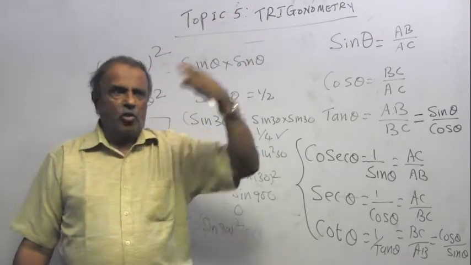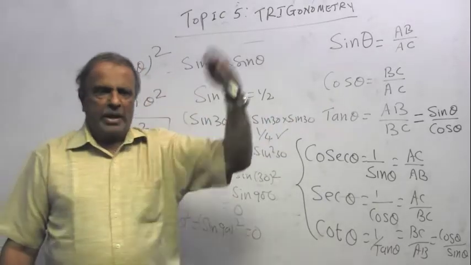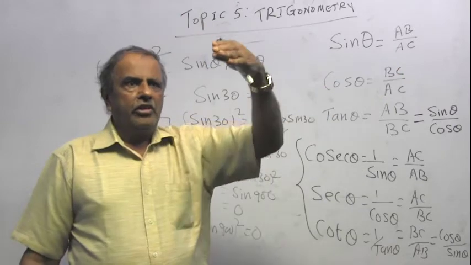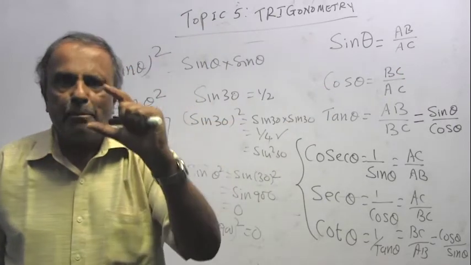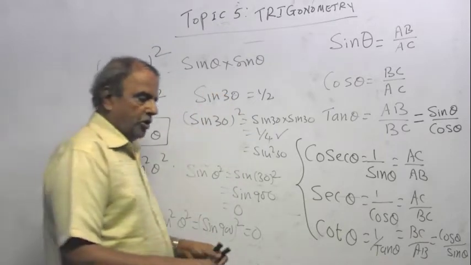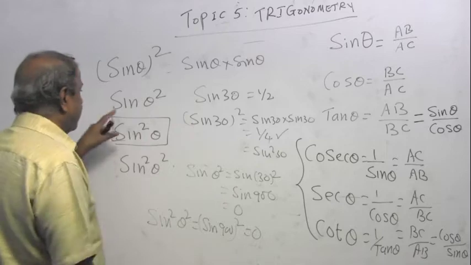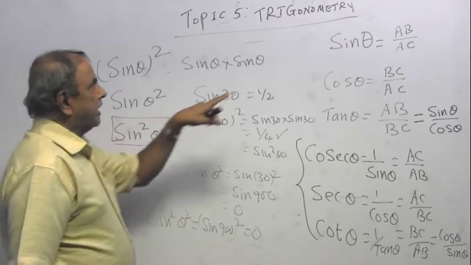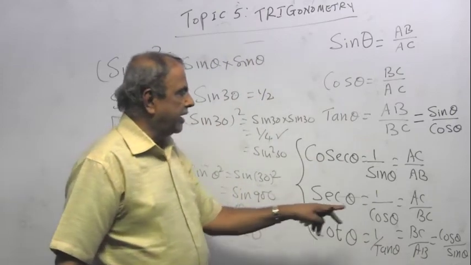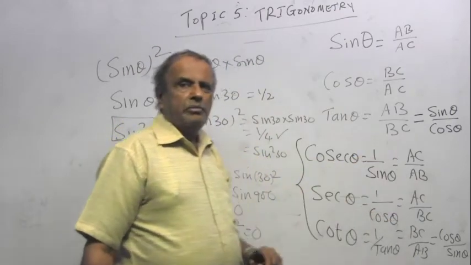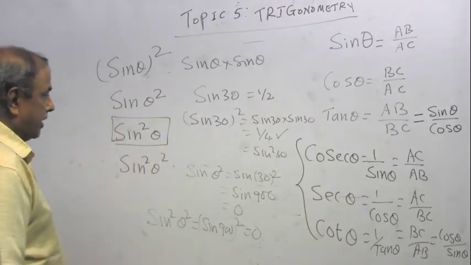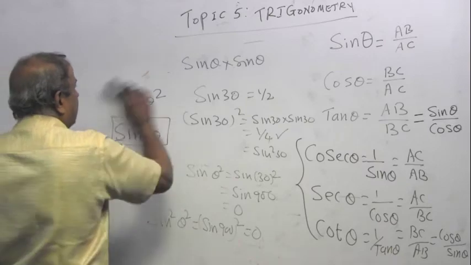When you say sine square theta, cos square theta, or tan square theta, what you are doing is squaring the number. You're not squaring the angle, you're squaring the ratio. So by convention, sine squared theta means AB squared over AC squared. Sec squared theta is AC squared over BC squared. Cot squared theta is BC squared over AB squared. So now that that is clear,